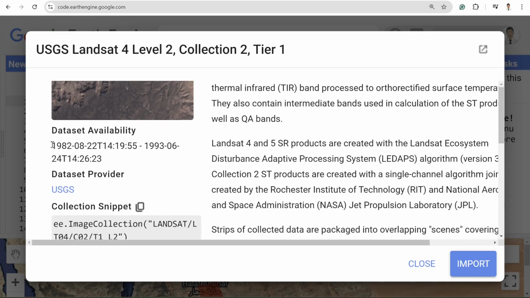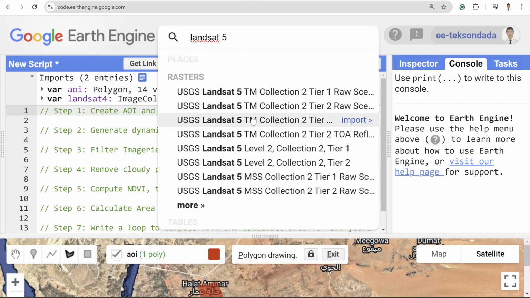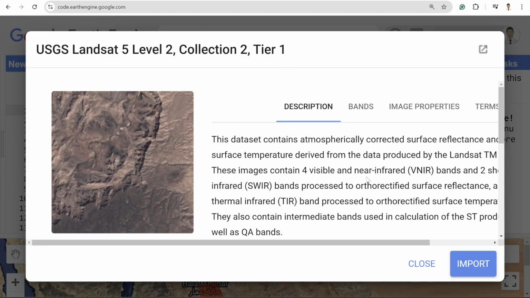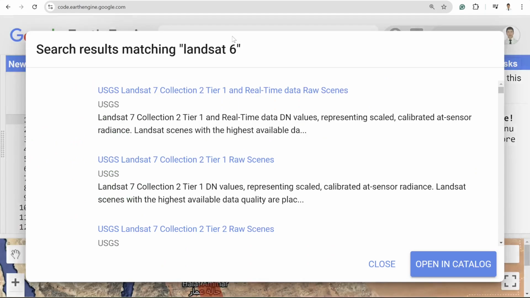It's available from 1982 to 1993, right? So simply I'm going to import it, and then I'll write Landsat 4, and similarly I'll search for Landsat 5, and I'll also choose the Level 2, Collection 2, Tier 1 image, and then write Landsat 5, and similarly for